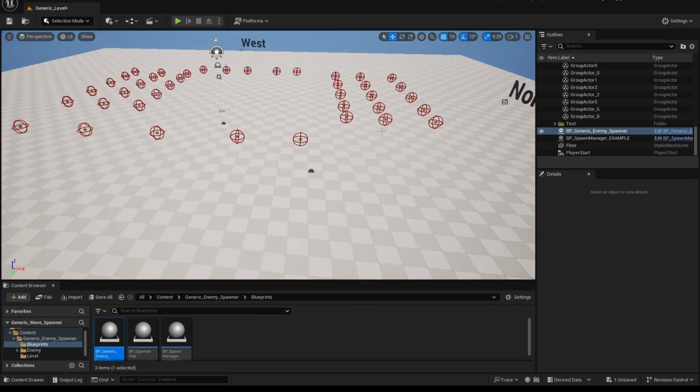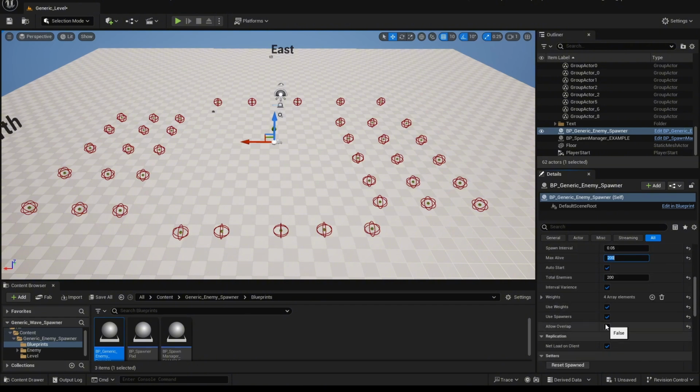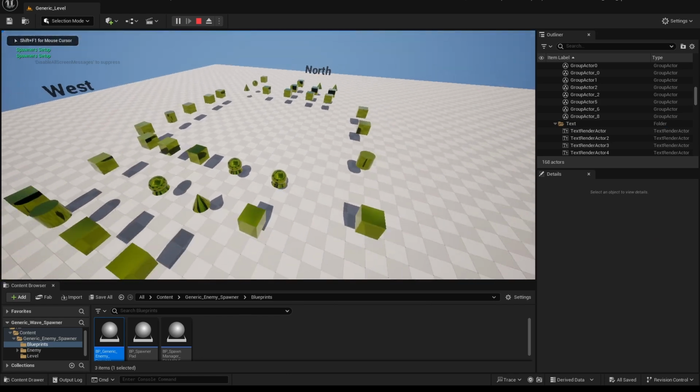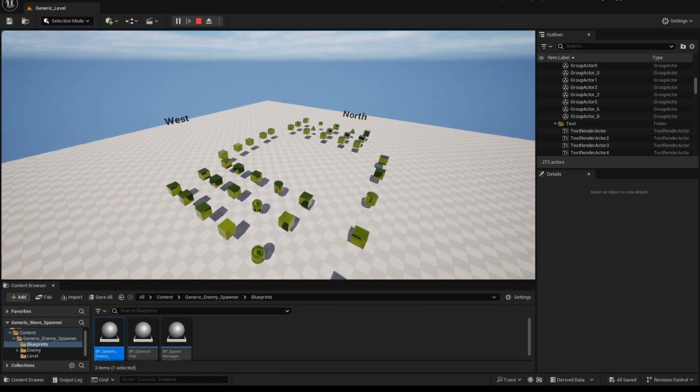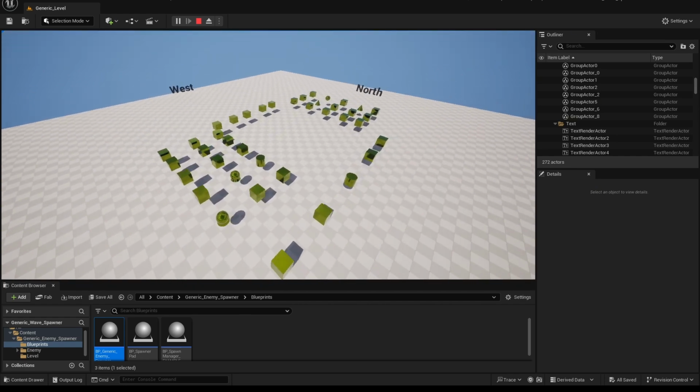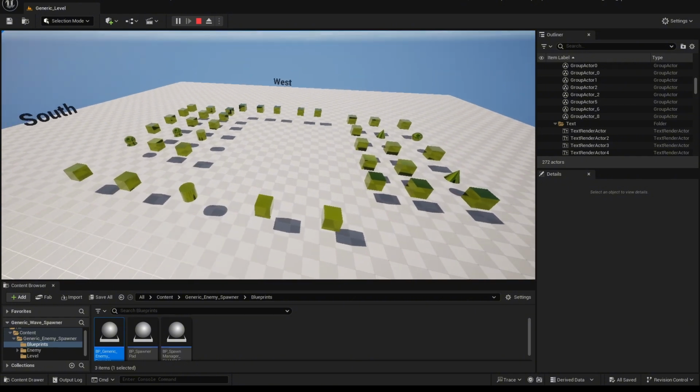So that's that. Now if I were to try to make it go even faster, we'll go with 200 here, and we will allow the overlap. So now enemies can spawn on top of each other. We're going to see just very fast. We can even see the circles spawning over the spheres, spheres spawning over the circles. Obviously, you can't really tell with the squares, but